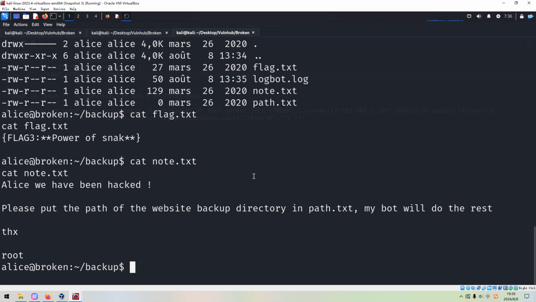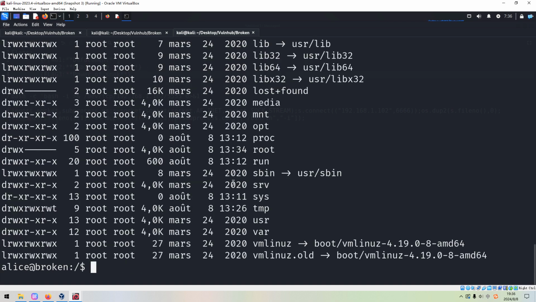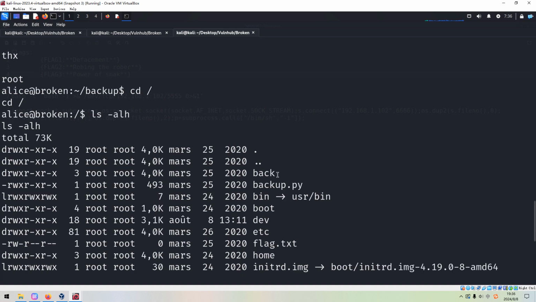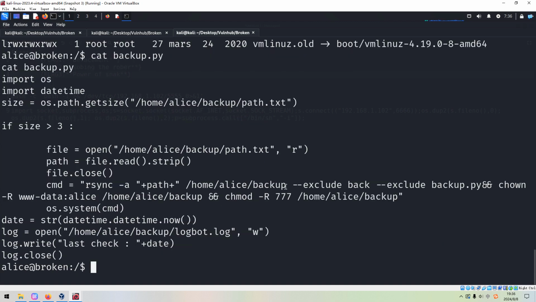So which script is responsible for this file? We can go to the root directory, and you can notice this directory, and also the backup. We can get out the backup Python script. So I think this Python script imports the os module, the datetime module, and will get the size of this file. We have already seen this file, right?